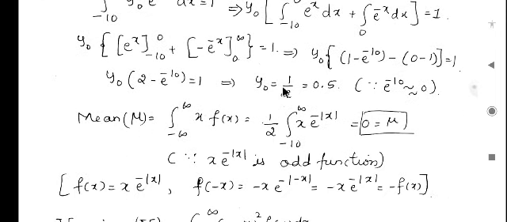So let us calculate mean and variance. Mean is the integration of x f of x between minus infinity to plus infinity dx. Now x as it is, f of x is y naught, and y naught value is 1 by 2, then e raised to minus mod of x. Now the value of this is 0, because this function is going to be an